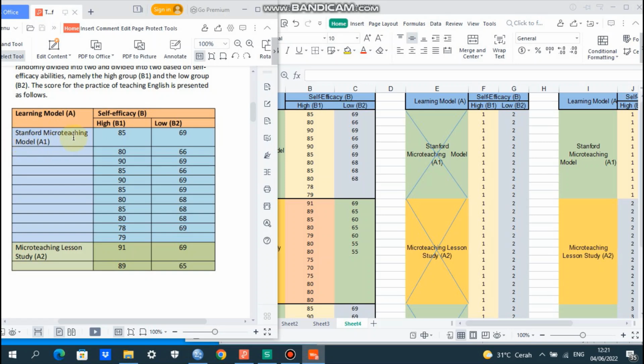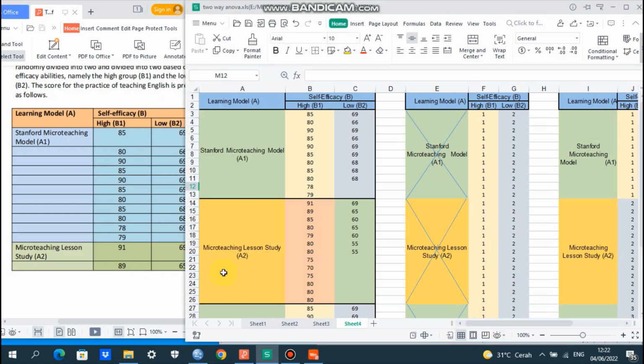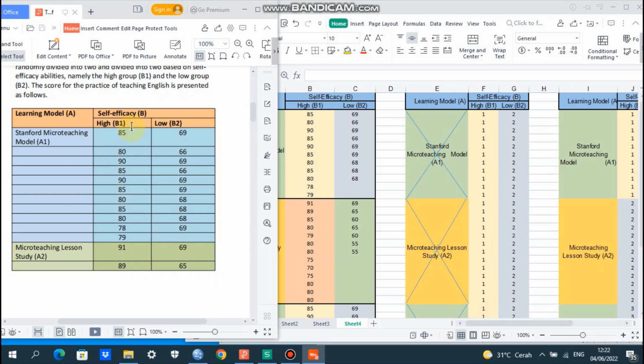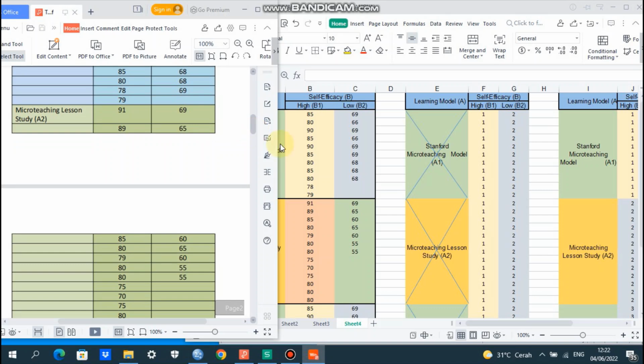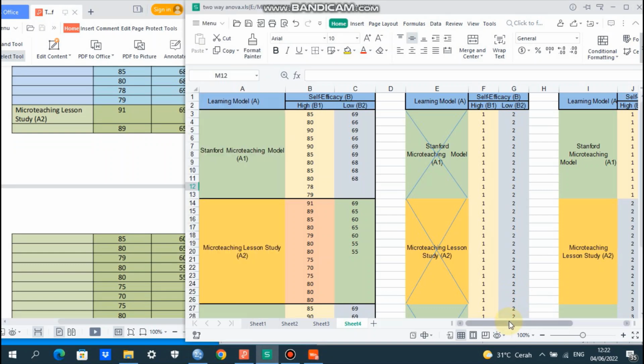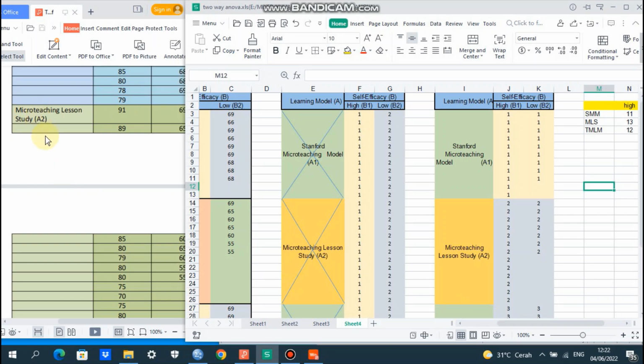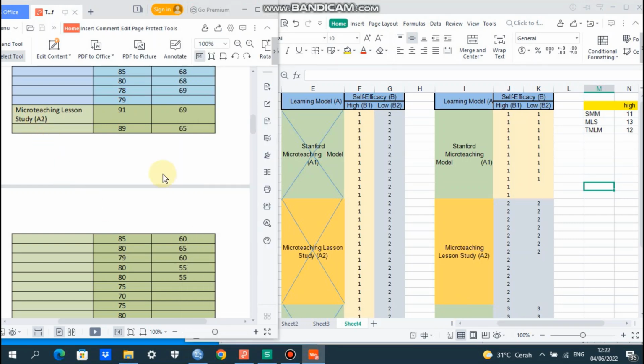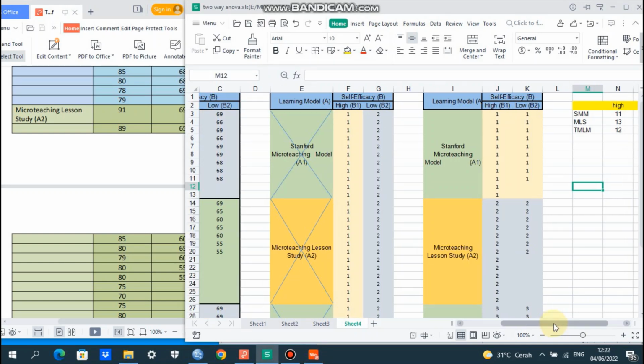Then Stanford Micro Teaching Model, factor 1 or A1, is followed by 20 participants. From the 20 participants, there are 11 students with high self-efficacy and 9 students with low self-efficacy. Then learning model number 2, A2, is Micro Teaching Lesson Study, or MLS.